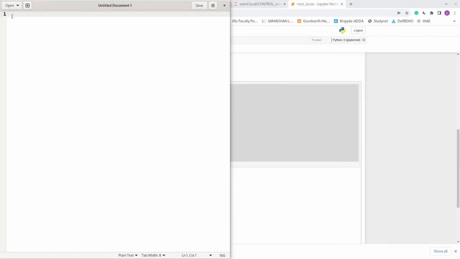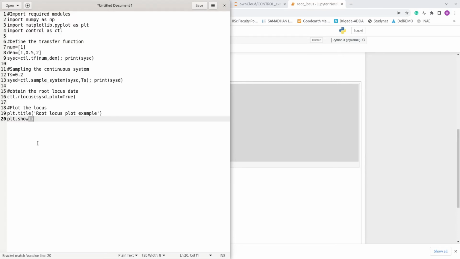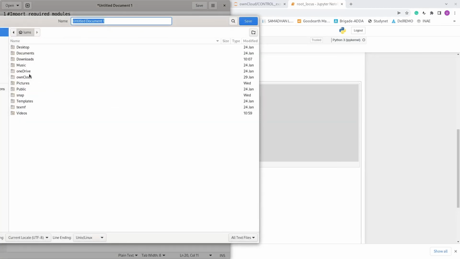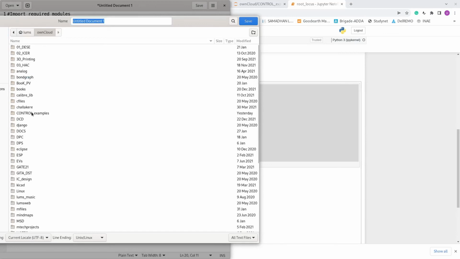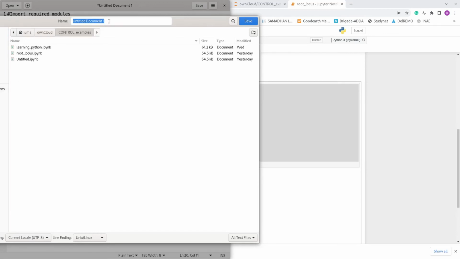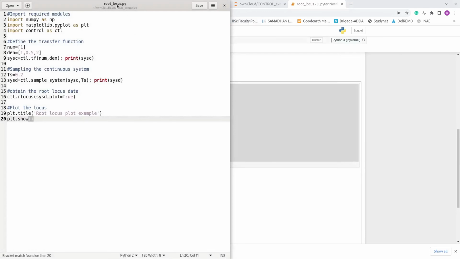I'm using gedit. You can use any text editor, and let me paste it there. And I will save this in the same place, own cloud, control, examples, as a .py file. So let's say root locus.py and save it. So that is done, saved.